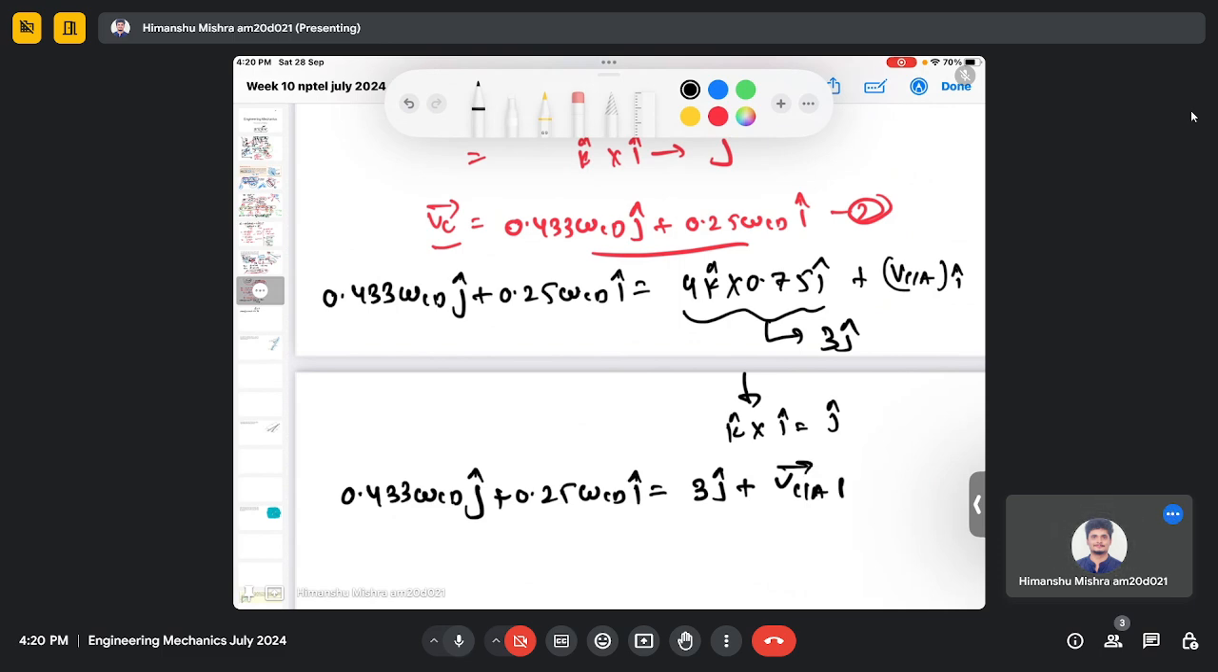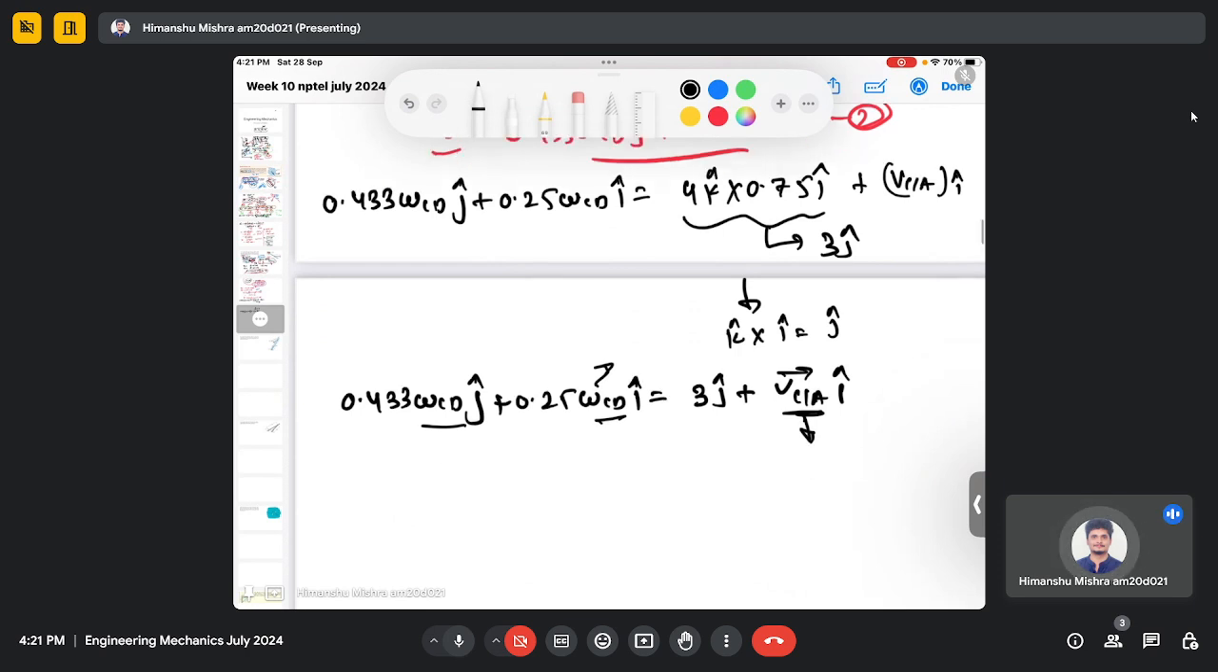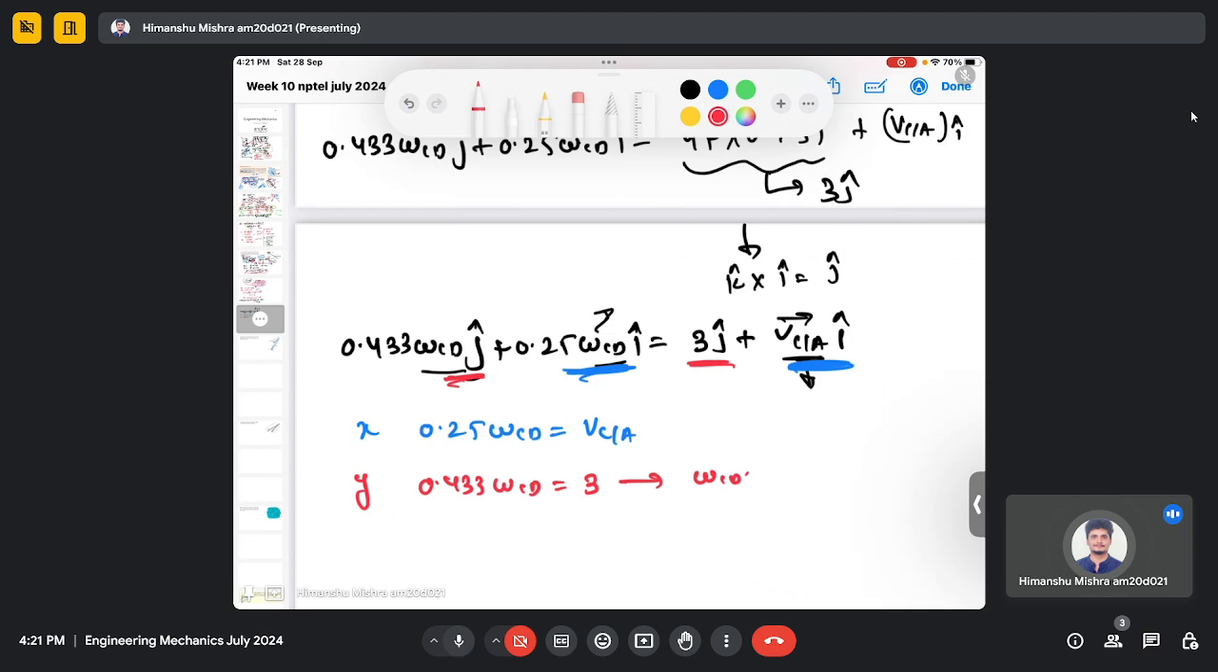So you can see that now you have one equation and you have two unknowns. So these are the unknowns, omega CD and VC with respect to A. And you can actually separate out the X and Y component. So this is your Y component, this is your Y component. Similarly, this is your X component and this is your X component. So you will get two equations. In X component, it will be 0.25 omega CD equals VCA, and in the Y component, it will be 0.433 omega CD equals 3. So here you will get omega CD as 3 by